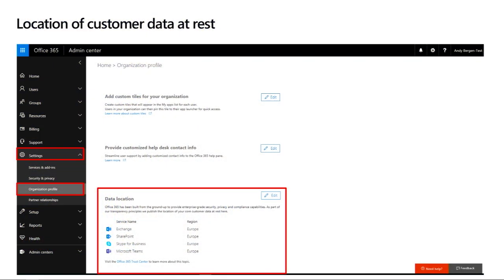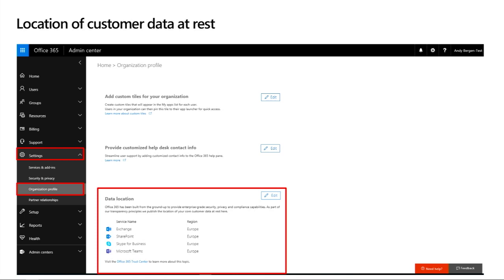Then there is another tool available to you. Once you subscribe to Office 365, you have an administrative console. Inside the administrative console, you go to settings and organization profile. You can see the data allocation here. There are 4 workloads listed here: Exchange, SharePoint, Skype for Business, and Teams. This means real-time data based upon your tenant location. This data will be refreshed. This is important for you because when we create a new geo,